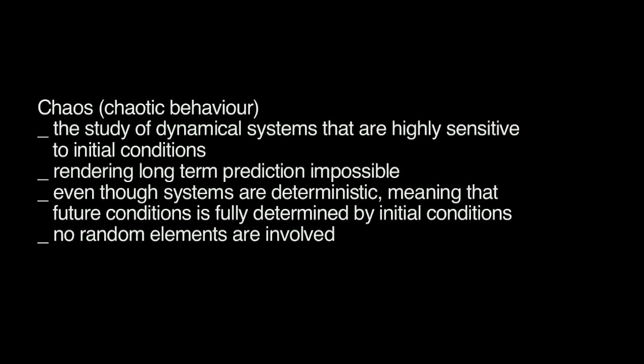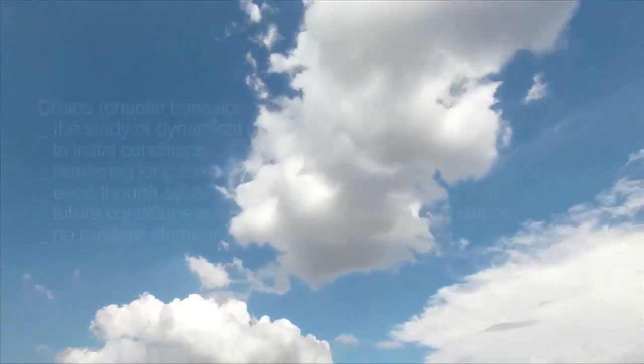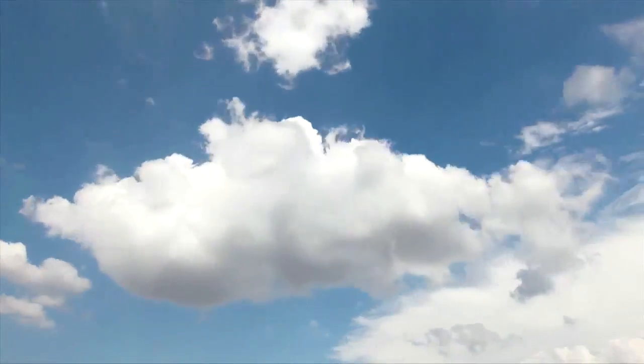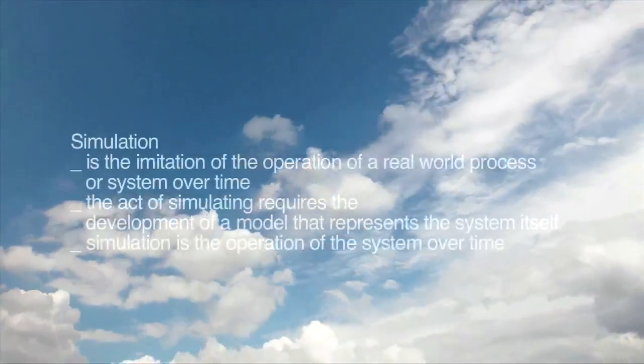So it's not really chaos theory in the physics sense, where everything can happen and does happen, but more on the idea that systems can be deterministic, meaning the future conditions are fully determined by the initial condition. The process and evolution of it is really hard to determine. No random elements are involved, therefore that's why it is deterministic, and it's usually referred to as deterministic chaos. Very commonly observed in elements such as weather, because systems are based on predictions of current events, and that's why the weatherman always tells you to check the weather frequently and often.